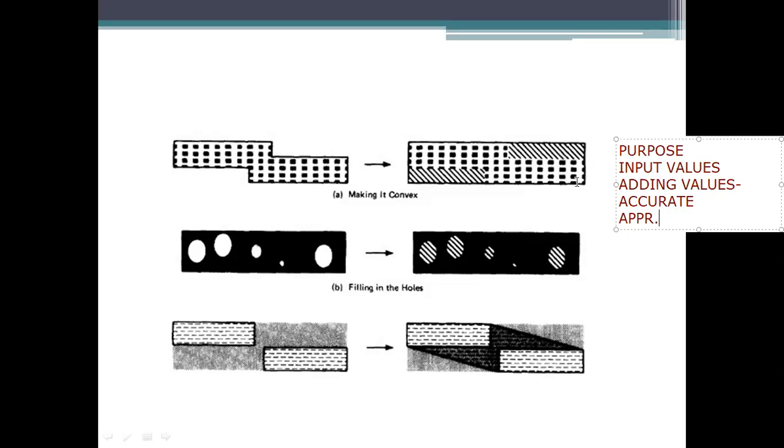So in 3 different cases, there is missing data in between, but it has the data which is in the convex. Means we have to make this one a full domain. So within this domain, we are missing some values here. We are filling that in. Here what we are doing is giving a shape to that domain, from this one to this one, so you need to access the values for processing.